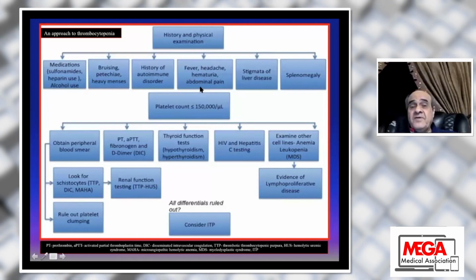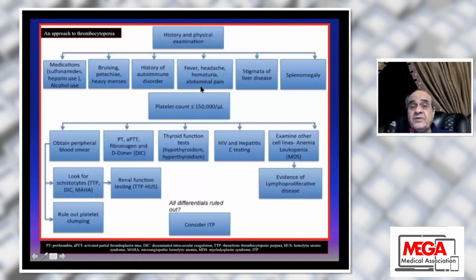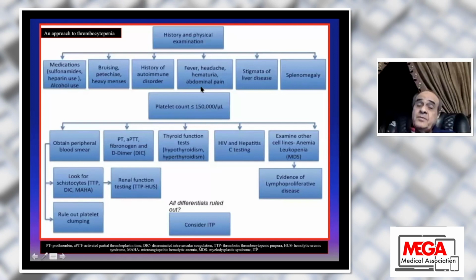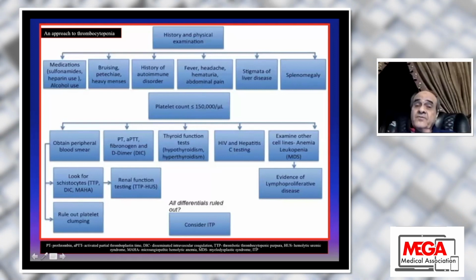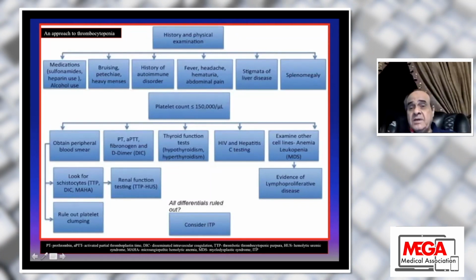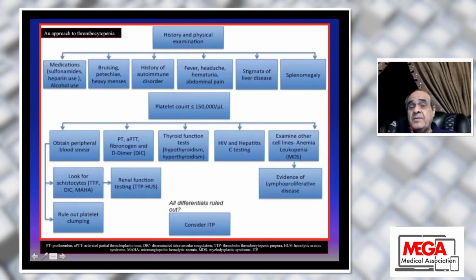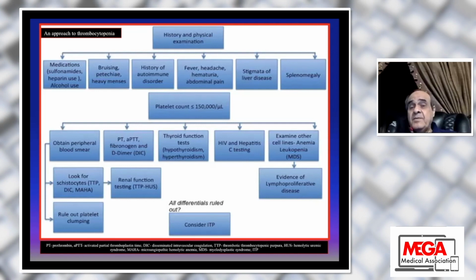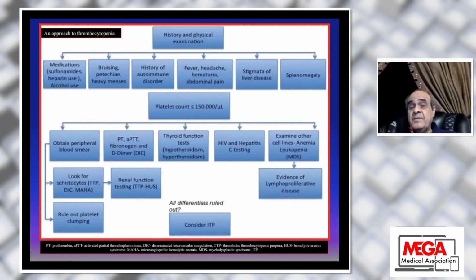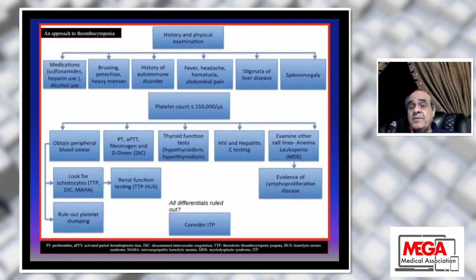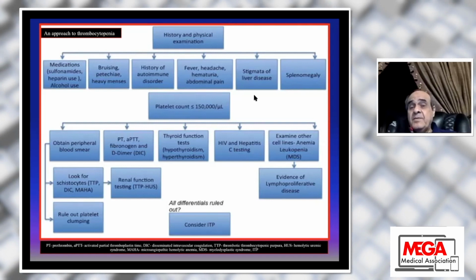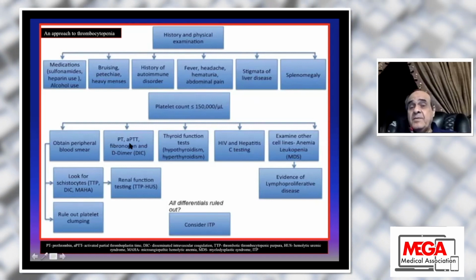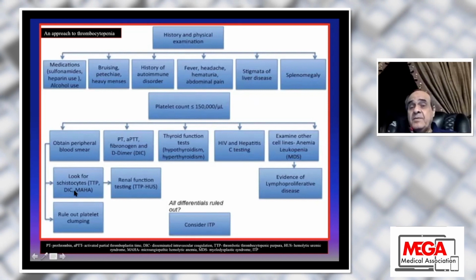fever, headache, hematuria, abdominal pain, may be complaining from TTP or HUS. Also in patients with liver disease, because of thrombocytopenia, especially if the spleen is enlarged, will cause sequestration of platelets, infection and translocation, and deficit thrombopoietin, the hormone secreted for stimulating platelet production. Look for and exclude TTP,